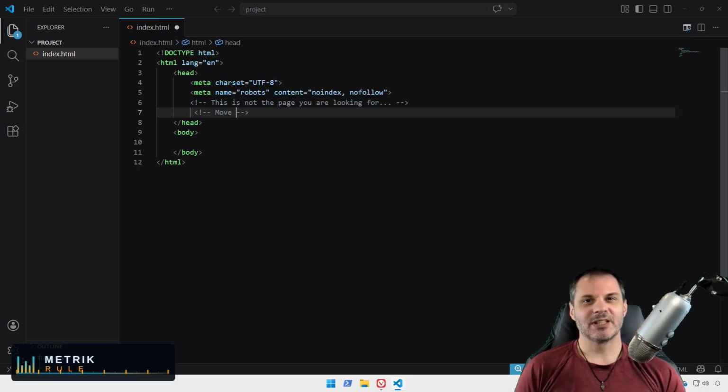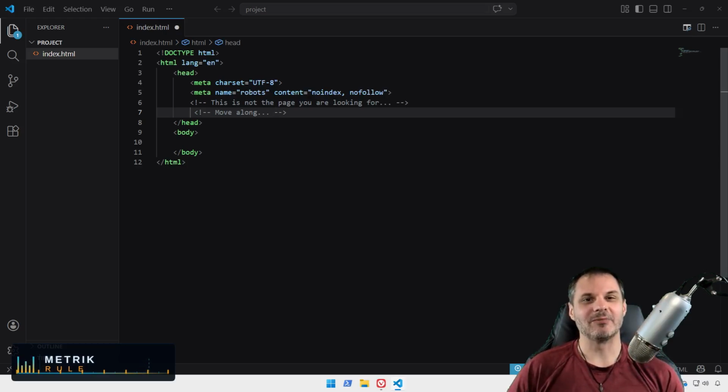You would use this on pages you do not want indexed. For example, login pages, admin panels, thank you pages after a form submission, and staging environments. Anything that should not show up when someone searches for your site is where you will use this. The opposite is, of course, index and follow. That is the default behavior. If you want the page indexed, you do not need this tag at all, but knowing how to opt out